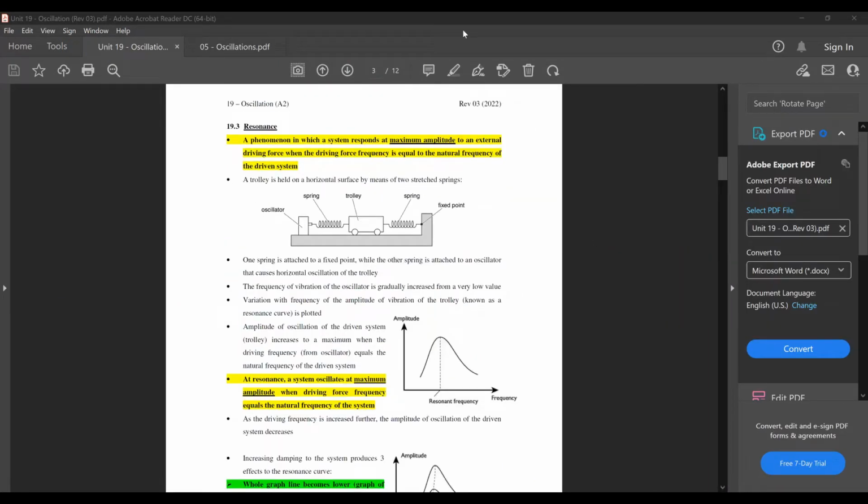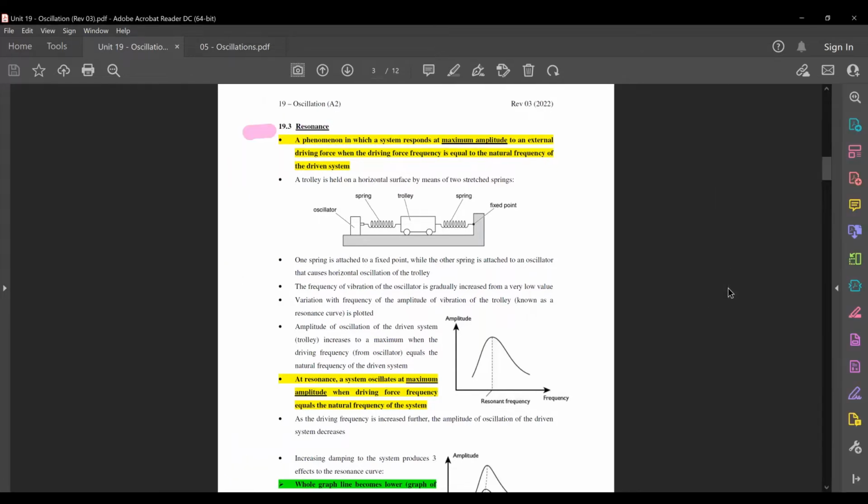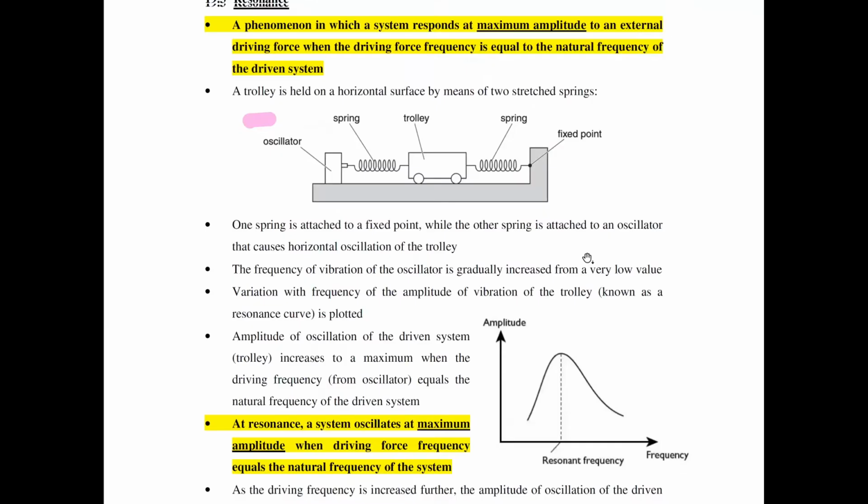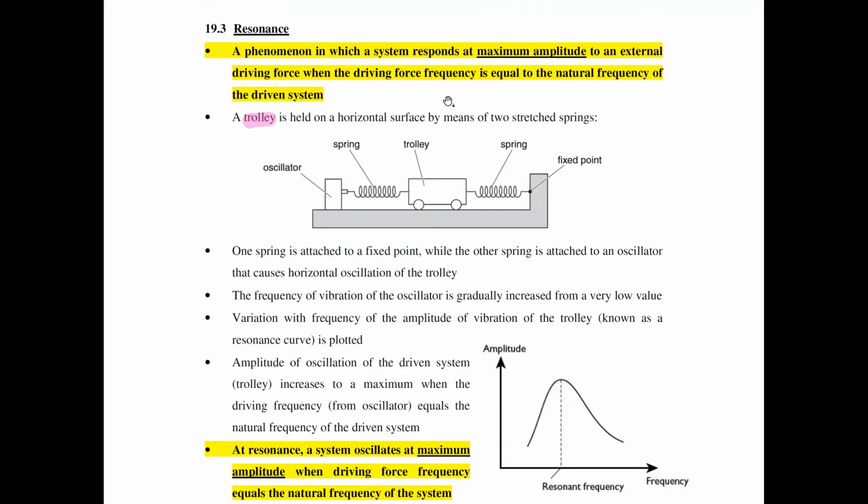Resonance is actually the major part of your oscillation chapter, in addition to simple harmonic motion. So what is resonance actually? Resonance, maybe I should just make the screen big. Okay, so what is actually resonance? Resonance is just simply a phenomenon in which a system will start to respond at maximum amplitude when an external driving force